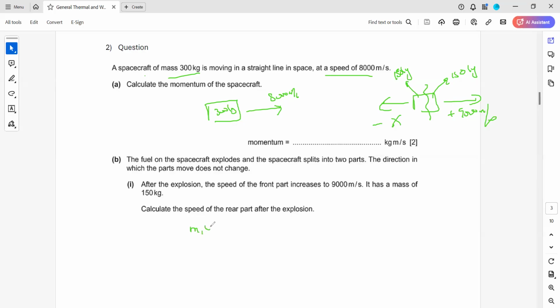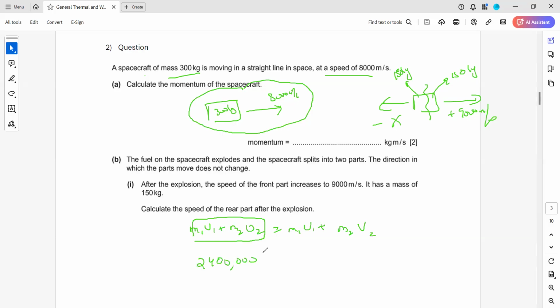We have the formula m1u1 + m2u2 = m1v1 + m2v2. What was the starting momentum? Because initially this spacecraft was moving, it was not stationary, so you cannot say that the initial momentum is zero. The total initial momentum, m1u1 + m2u2, is 300 multiplied by 8,000, so it will be